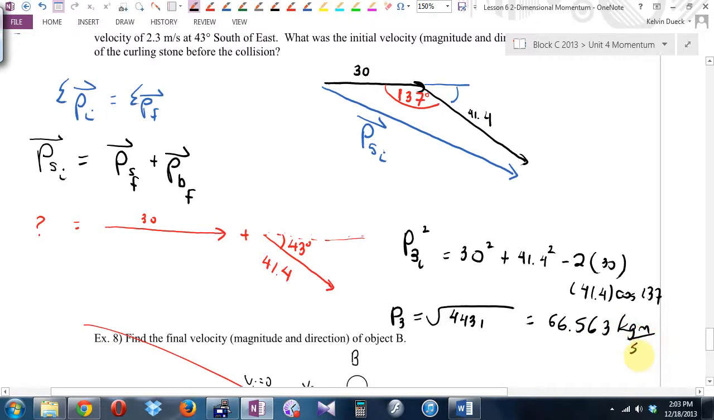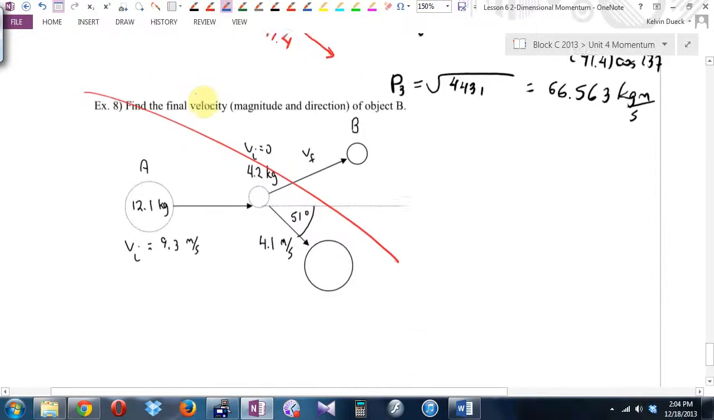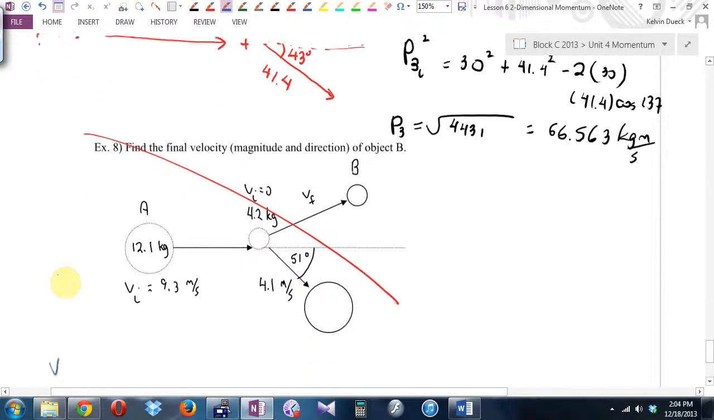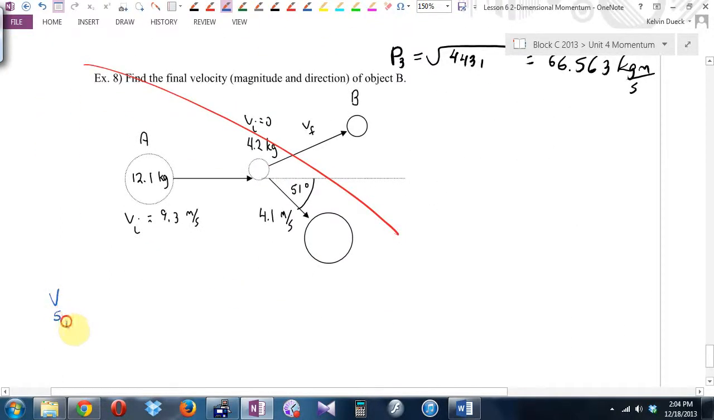Of course, they didn't want me to find the momentum. What did they want me to find? How can I find V? Oh. The velocity of the stone initial is going to be the square root. Sorry, not the square root, Mr. Dueck. It's going to be 66.563 divided by